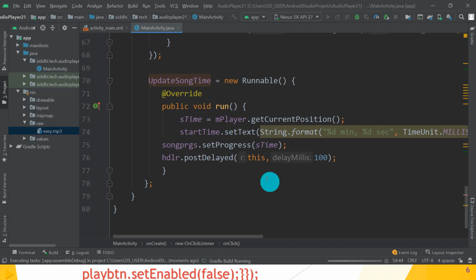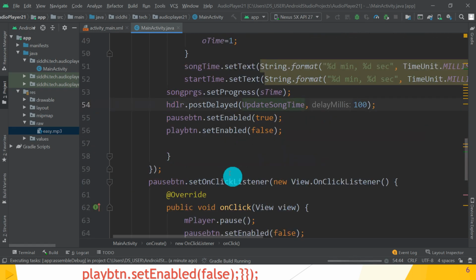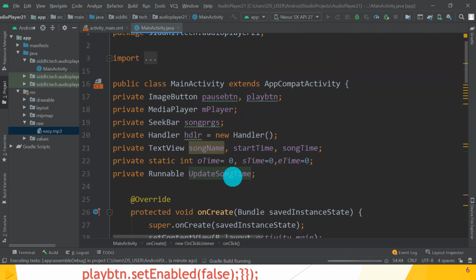So here the main part is using the runnable interface. We have to create the instance of the runnable interface that posts delayed by 100 milliseconds. That's why the progress bar, that is the seek bar, is moving based on the start time, and that start time is updated on your start time text view. Guys, hope you understand. So this is the main part, and the class we have to use for that is the Handler class.